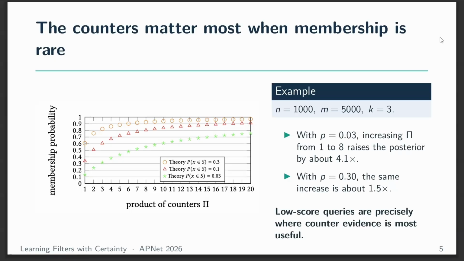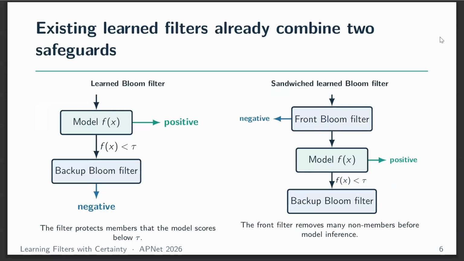There is a big difference based on the different values of the counting of the product of the counters here. So this information is very informative, in particular for those elements with low a priori membership probability. This interaction between sketches and machine learning models has been presented in the past. These are two well-known